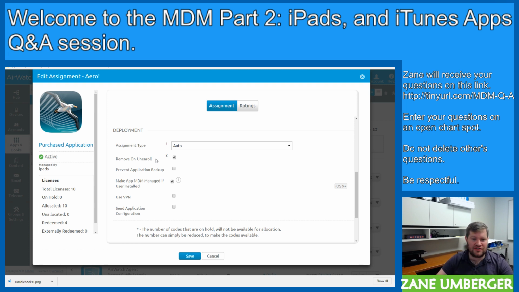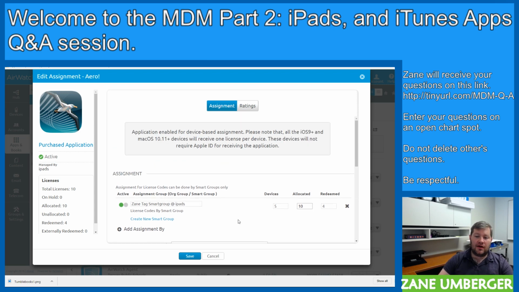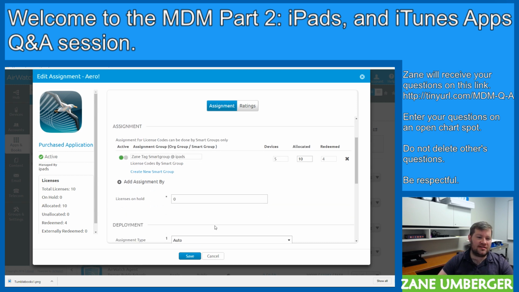On some occasions, it can be 24 hours. And also, it does have to have a network connection. But it will check in to see if it needs it, and it will reinstall it. So if you are worried about that, you can set it that way. It does become inconvenient. Let's say a kid is fooling around with it and needs to take an iStation test in 15 minutes and they remove it. Well, you can go ahead